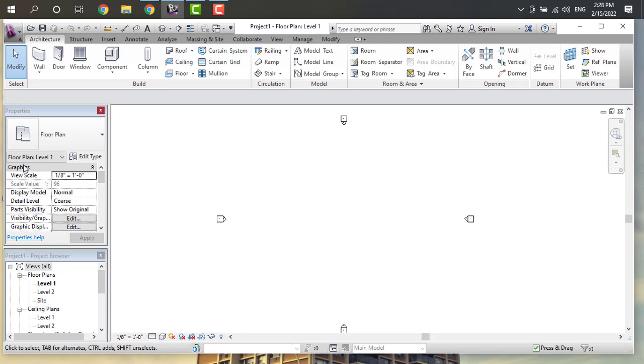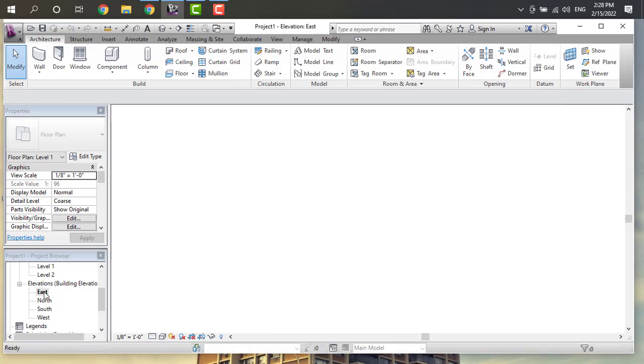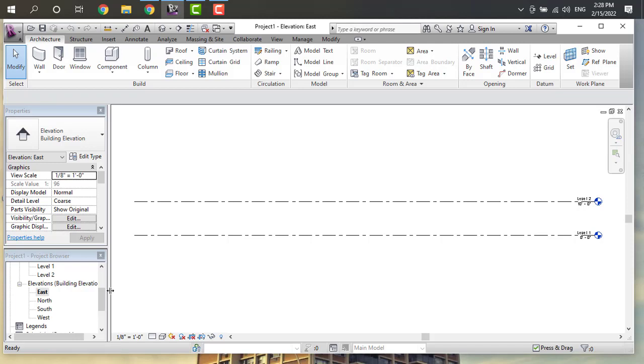And here again I want to say that for the floor plan, we have the dimensions and view scale, and here we have the levels. Just click on levels, floor plans. Here we have the elevations for fixing one facing. Like if I select east facing, it will be selected, and two levels are already given. One is the ground level and another is 10 feet above the ground level. That means this is our slab height.